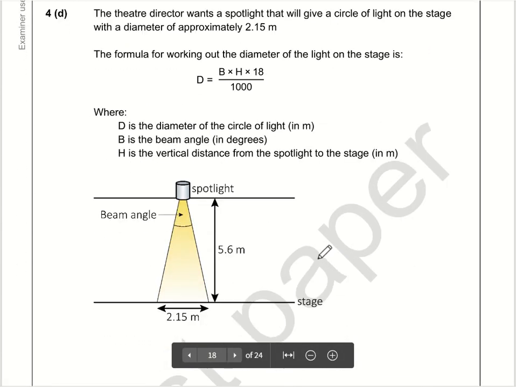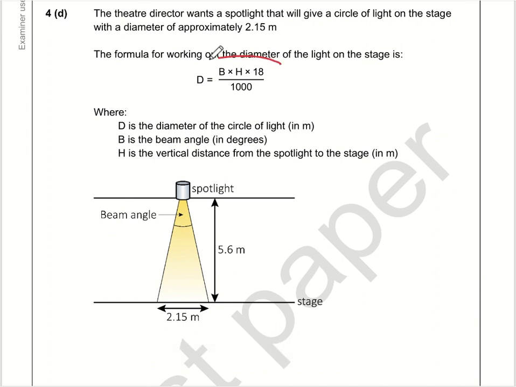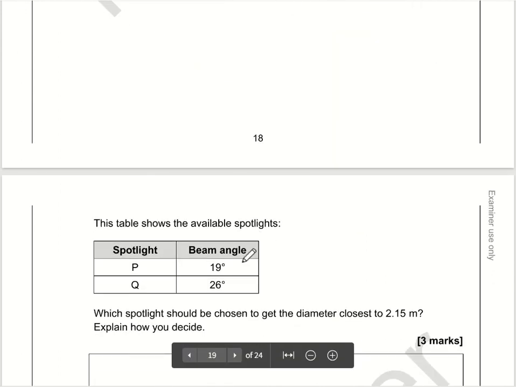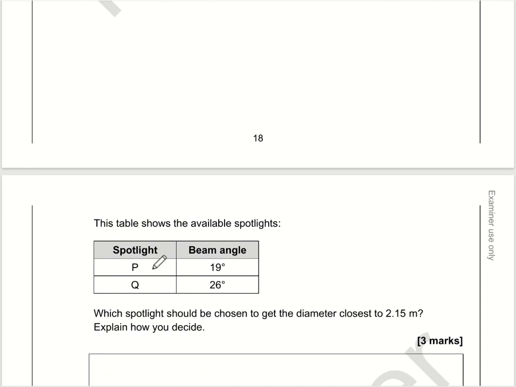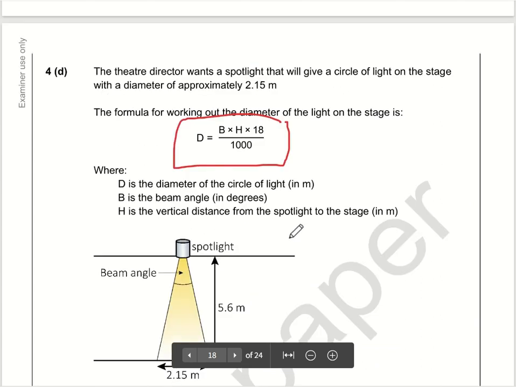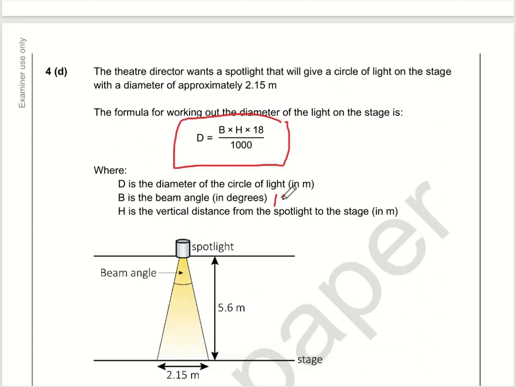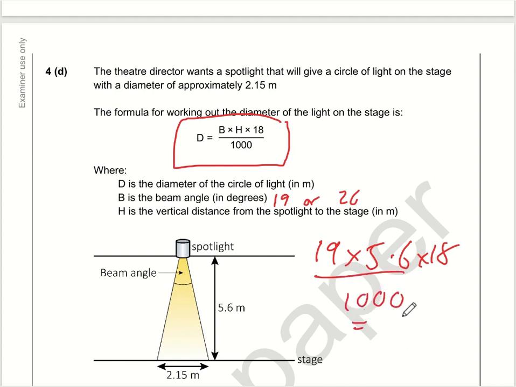Okay, so for part D, we've been given this formula, and we want to get D as close to 2.15 as possible. Now we've got two options. P is a beam angle of 19 and Q is a beam angle of 26. So we are going to use 19 and then 26 with this formula. So using 19 is going to be 19 multiplied by h, which is the height, 5.6, times 18 over 1000, and that comes to